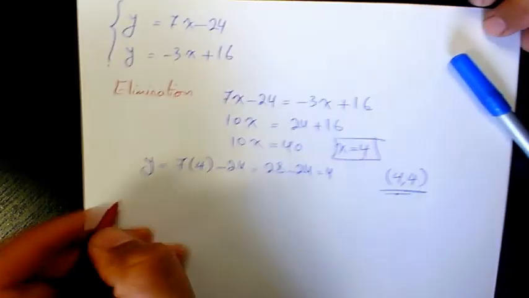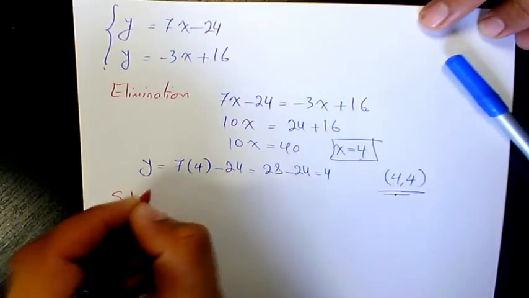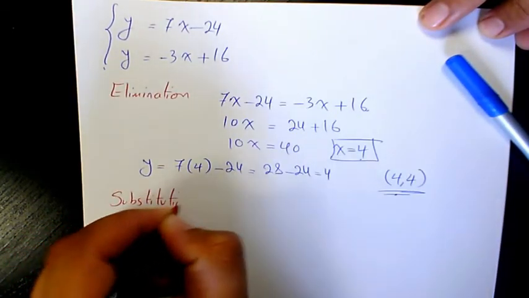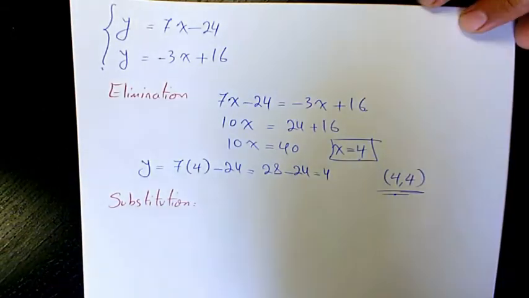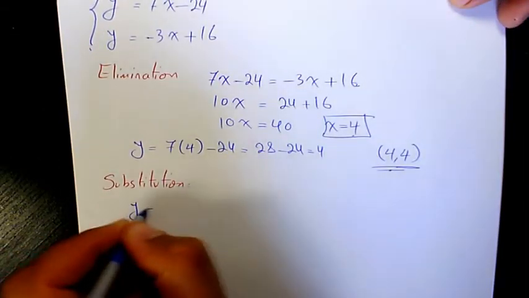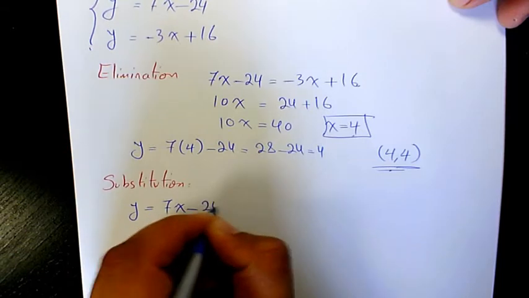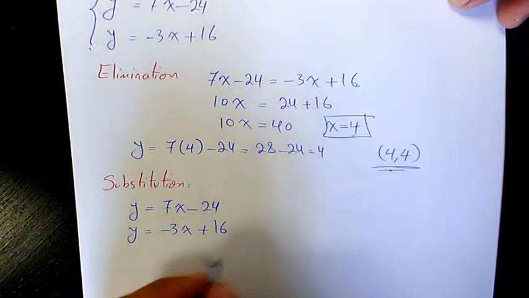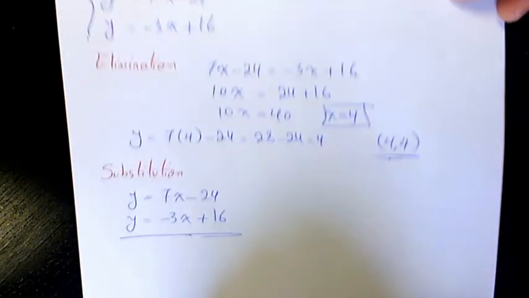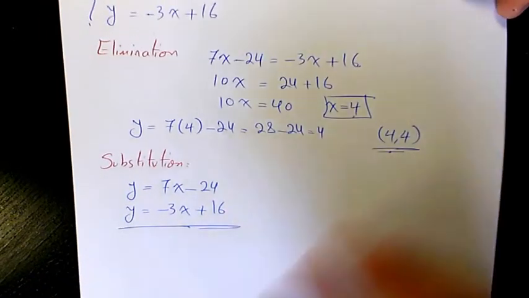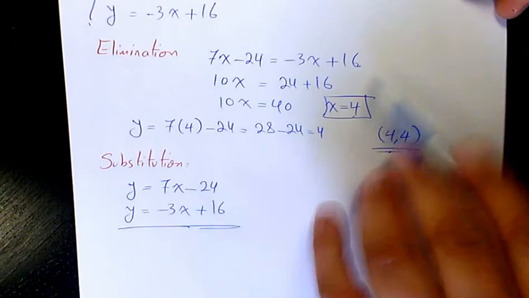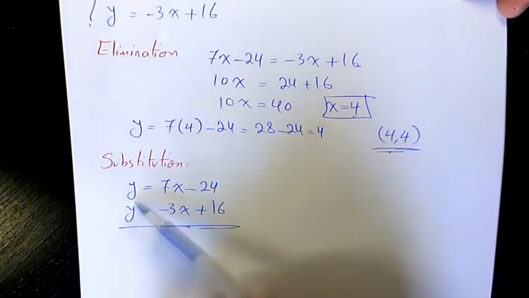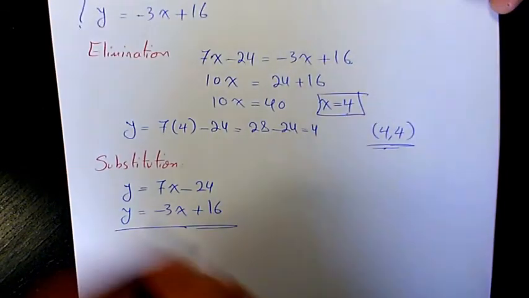Now, substitution method. We have y equals 7x minus 24, y equals negative 3x plus 16. We can actually use exactly the same method because that's between elimination and substitution. So let's say